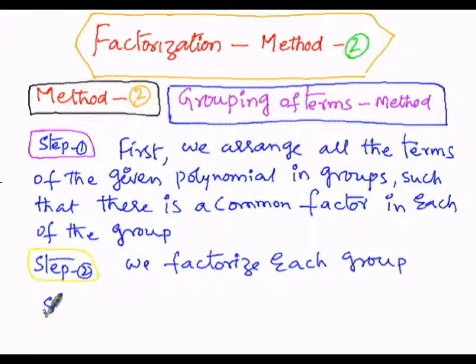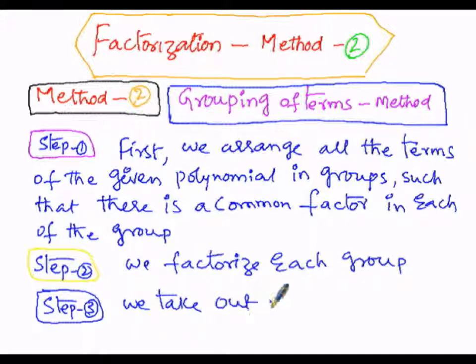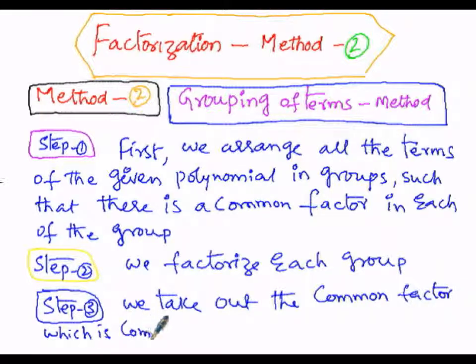Then in the third step, that is step number 3, we take out the common factor. We will take out the common factor which exists in each and every group, which is common to both the groups. So in this manner we will factorize the given expression or the given polynomial by means of the method called